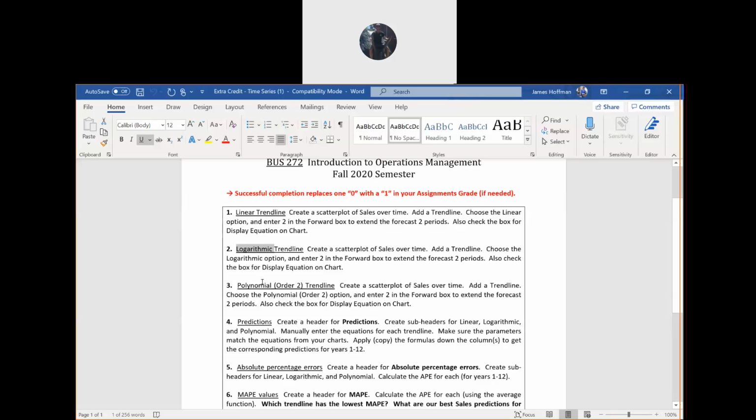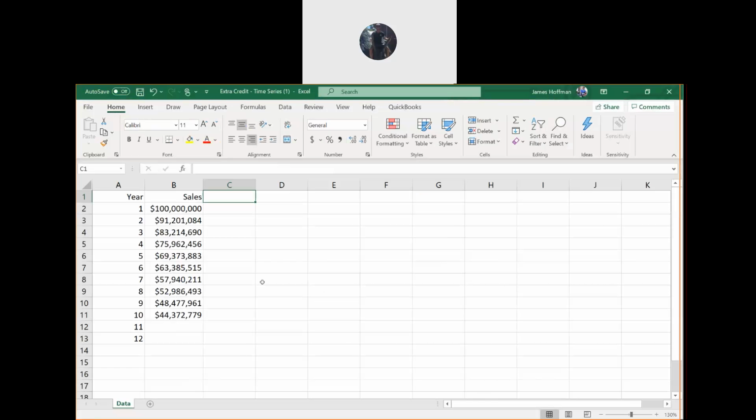So first, let's just go back to the spreadsheet and make a scatter plot. All right. So you can select all this data, A1 to B12, right, including the empty cells, because we're going to extend the forecast.